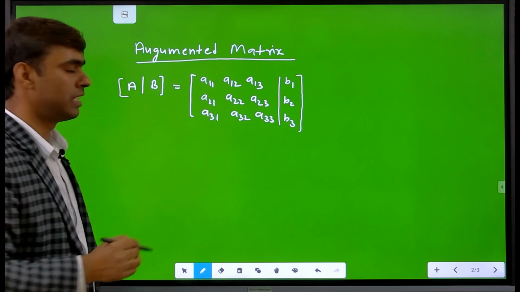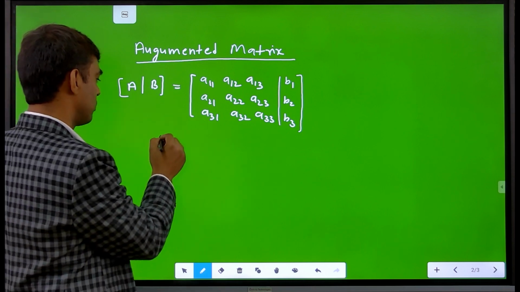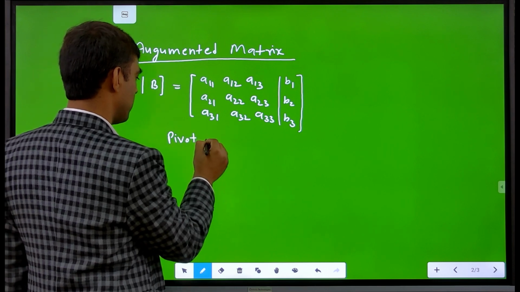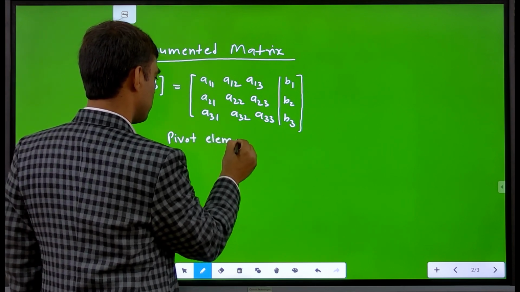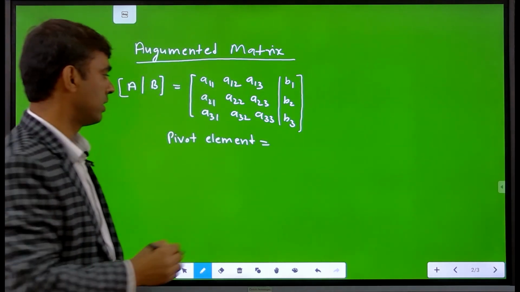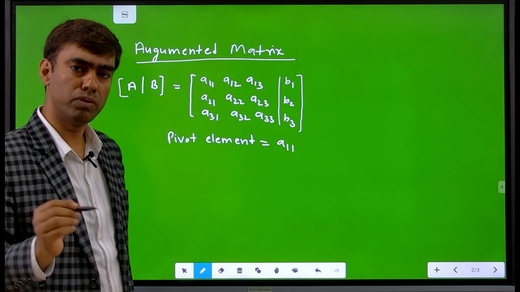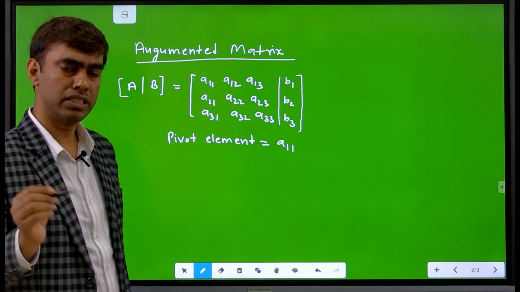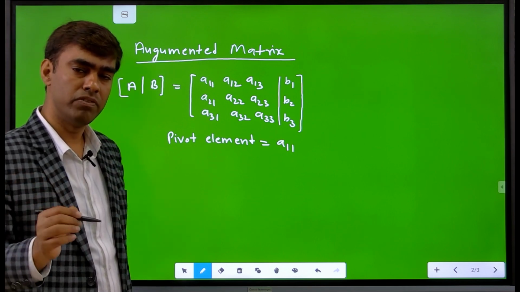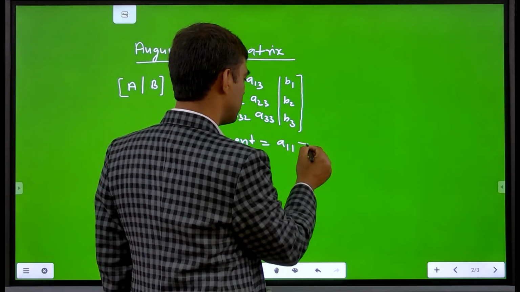So, first of all, in the Gauss-Jordan method, we choose the pivot row and pivot element. What is the pivot element here? Pivot element equals a11, and it is necessary that a11 does not equal 0. Until a11 does not equal 0, we are unable to apply the Gauss-Jordan method. So ensure that the pivot element does not equal 0,